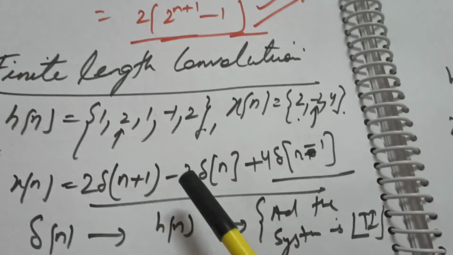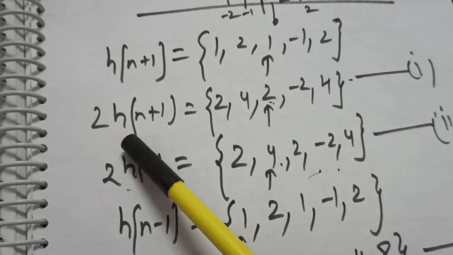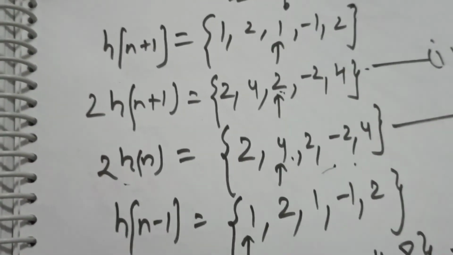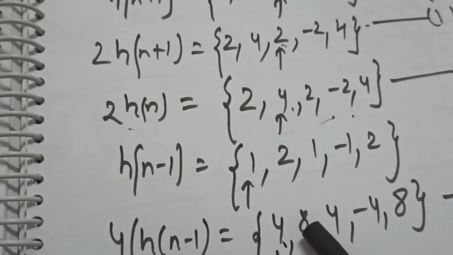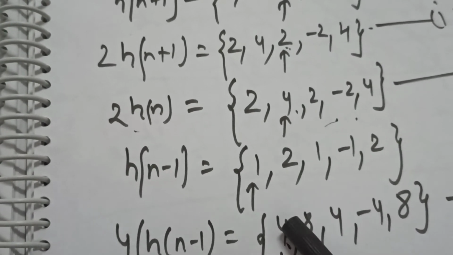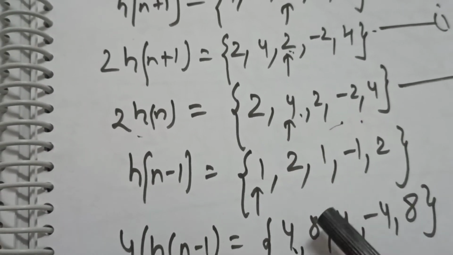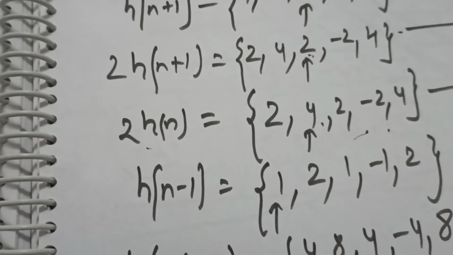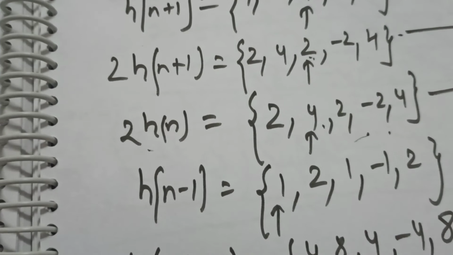If for h of n plus 1, suppose, have a look at this, 2 of h of n plus 1 is having 2 at 0 and minus 2 at 1. Okay. Now 4 h of n minus 1 is having 4 at 0 and 8 at 1. So what will happen? This 4 will get added to 4, and this 8 will get added to 8 too. Are you getting it? This is what I was talking about, piecewise addition. And if this piecewise addition is performed, then only we can get the result of the desired convolution.